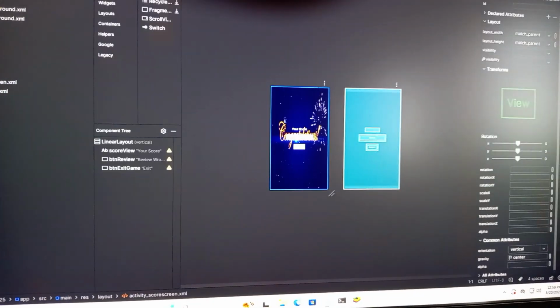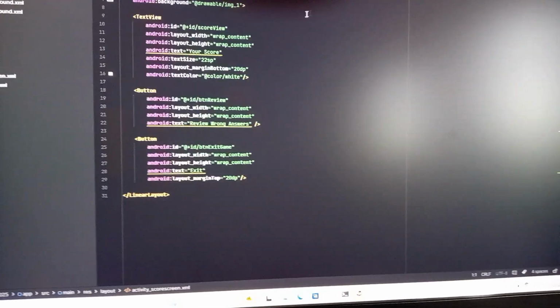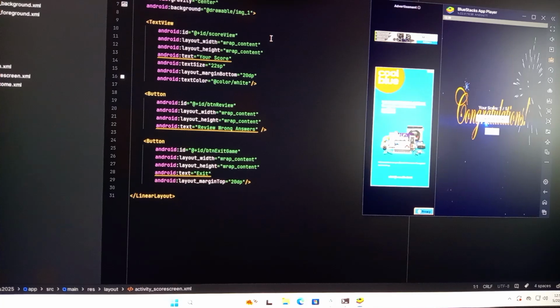So let's go here to our score activity, the score screen. In this activity score screen, the app consists of a score view that shows what you got. My one says I got one out of